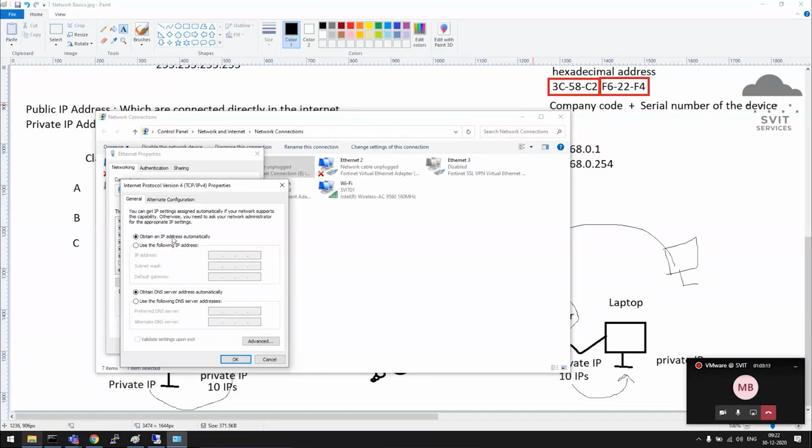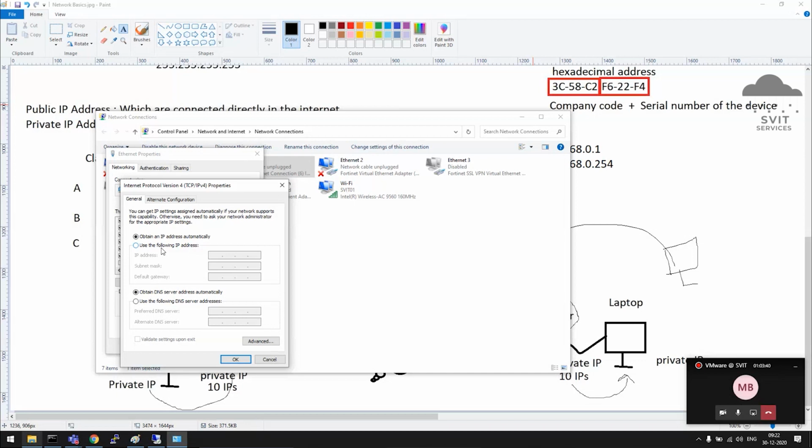Another adapter will be there. Here, right click, properties, IPv4: obtain IP address automatically or use the following IP address. Any device, like telephone, printer, Windows machine, Linux machine, ESXi, even if your watch is connected to the internet, any IP capable device will have two options: automatic IP address assignment and manual assignment.